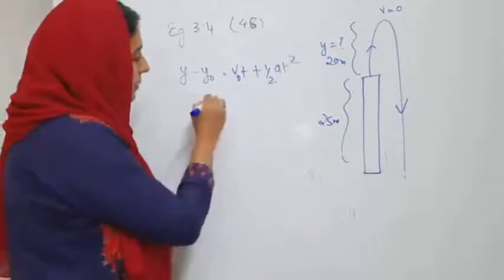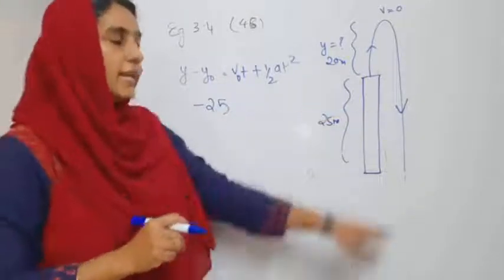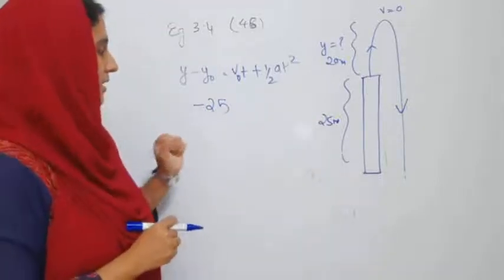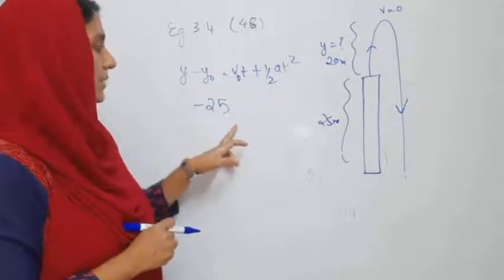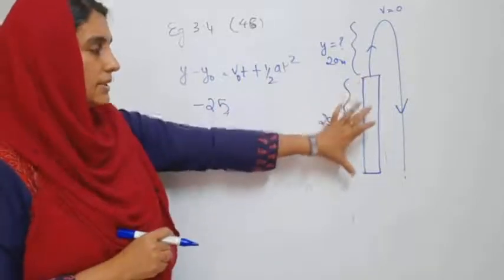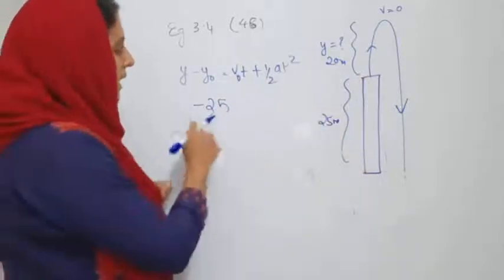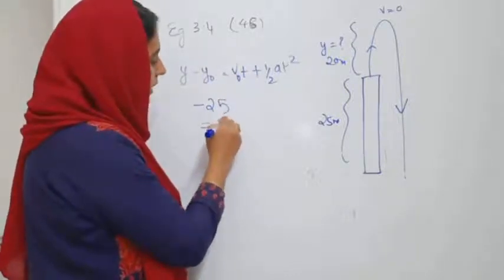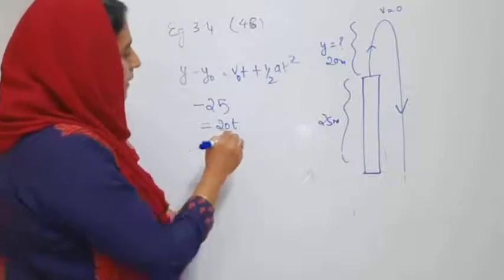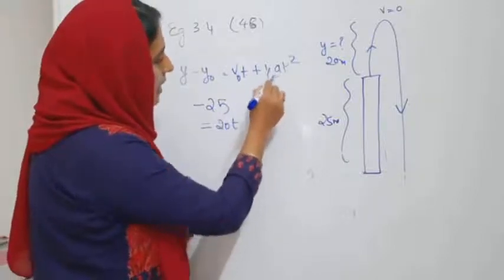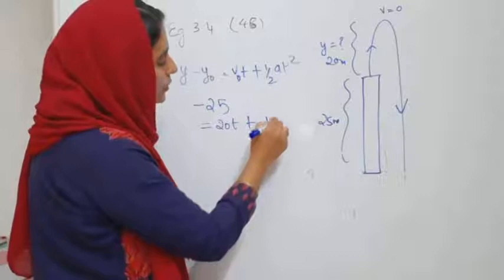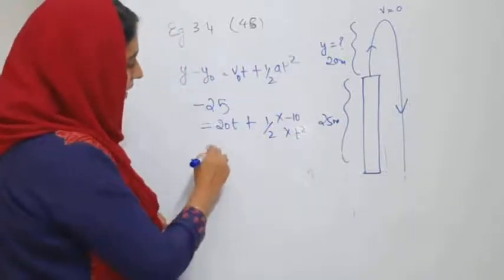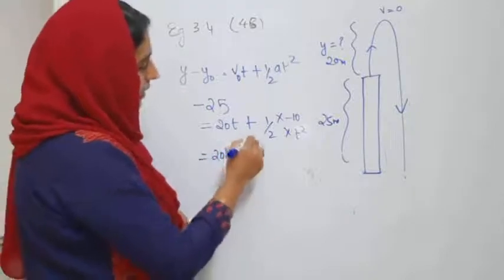Why minus 25? Because it is displacement, it is directed down, in the opposite direction. So you can have y minus y0 as the total displacement for the whole journey, and minus 25 is equal to v0t. v0t is 20t, plus half at square, half into a, that is minus 10, into t square. So we have 20t minus